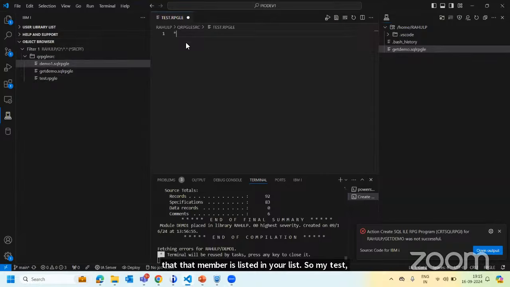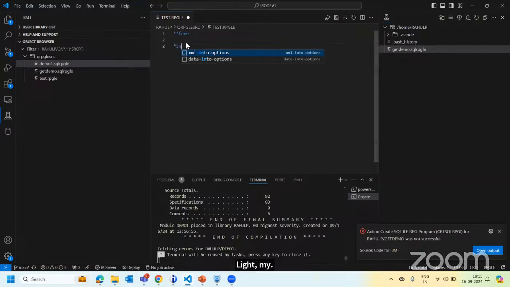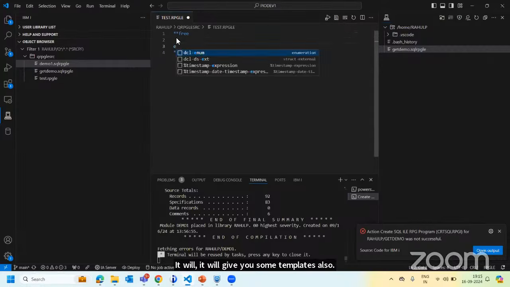Now I can write my code. This is free format code. I can do star inlr equal to star on, and then I can write a piece of code. Once you write something, it will give you some templates also. So I can show, for example, if I want to exec